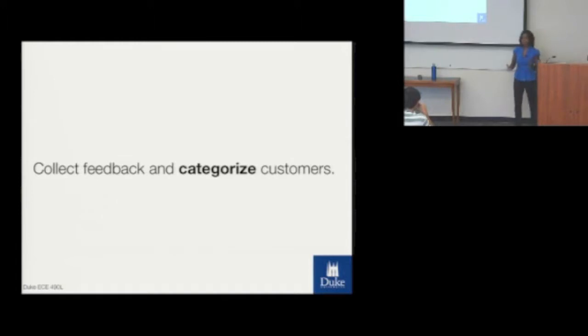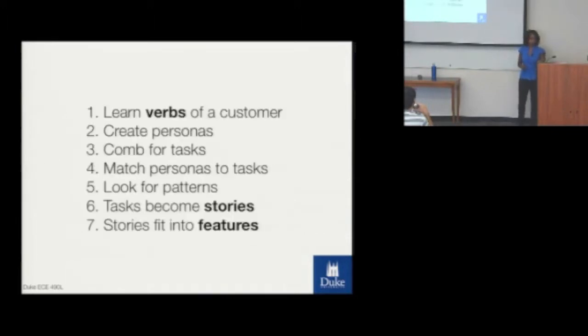So we've collected a bunch of feedback, and then remember we said we have to categorize all the customers and all the feedback. We have to categorize the tasks that they're doing, we have to categorize the customers based on their personas, and then we have to match everything up. And we went through sort of these 6 steps, right? We're going to learn what the verbs are, meaning when we interview people, we're going to ask them what they do, not just in the context of the particular problem that we think that they have, but in the larger context. Then we're going to create some personas, and then we're going to listen for tasks,